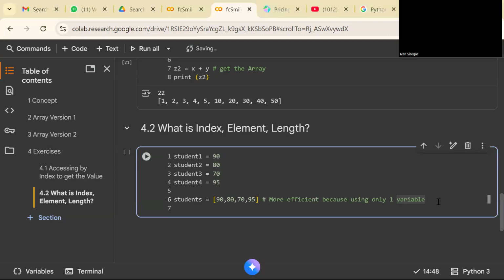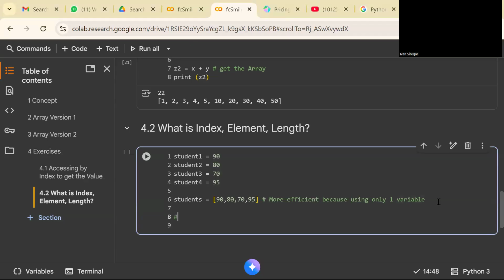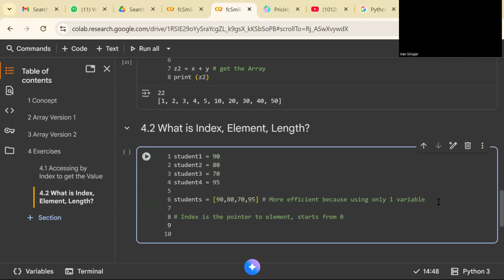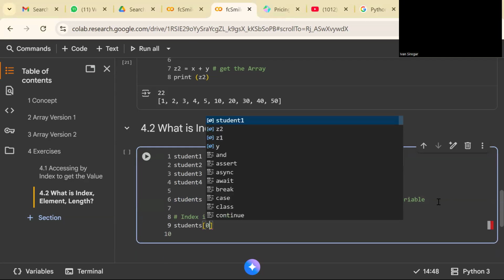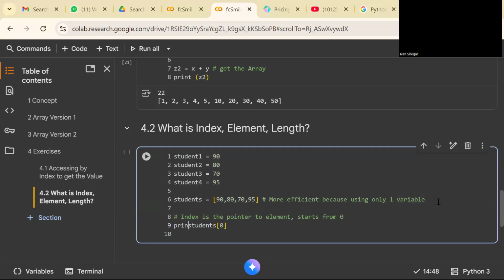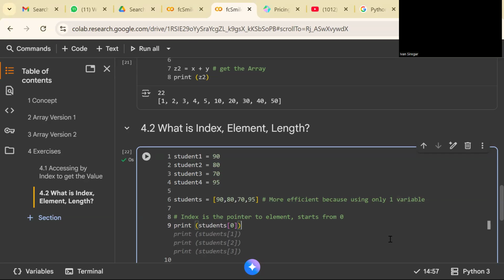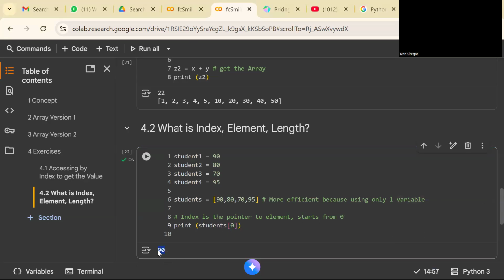So what is index? Index here is the pointer to an element. It starts from 0. So when you say students index 0 and then you print, it means that 90 will be the result.